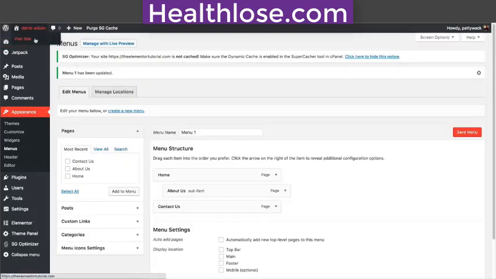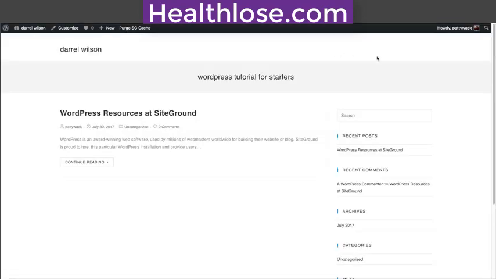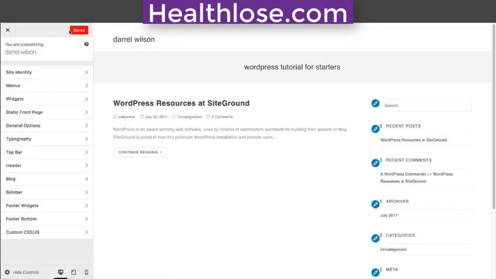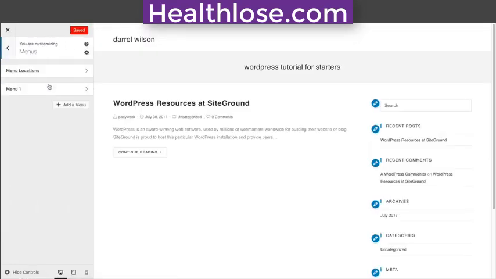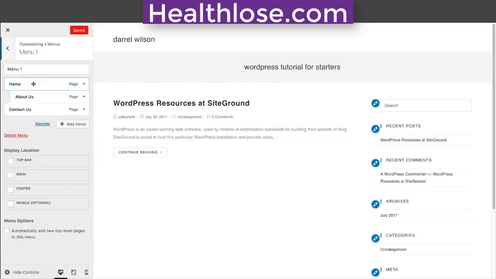So right here I'm going to go to Visit Site. Now the menu is not there because we actually need to set it. So right here I want you guys to click on Customize. Now this is a theme customizer. This has a lot to do with the general theme settings like the menu, the typography, and other settings like that. So right here under Menus, I want you to click on Menus, go to Menu 1, and then